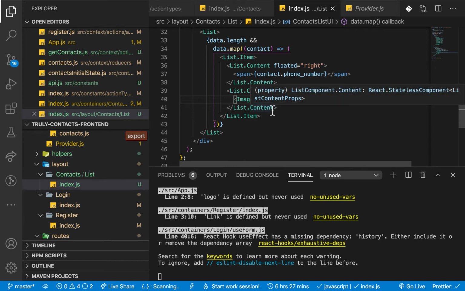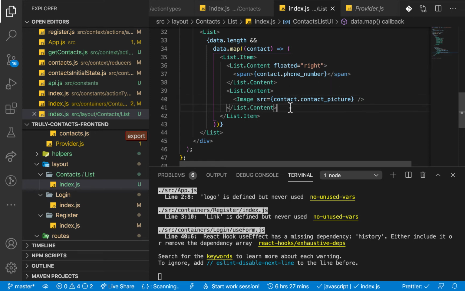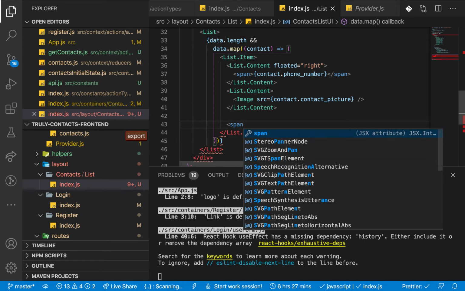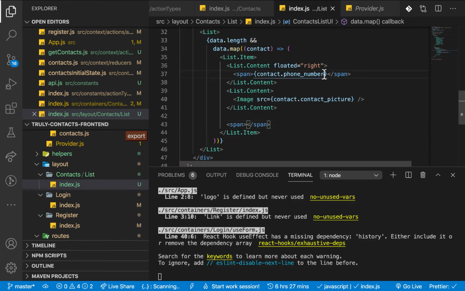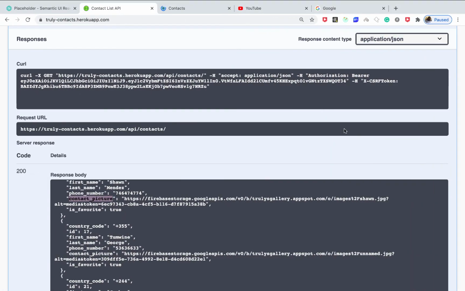So also, we want the first name and last name. Somewhere here, after the image, I'm going to have another span showing the first name and last name. So I can copy this. Then I'm going to have another one. So it's going to be first_name, and last_name. Okay, so once we come back here,